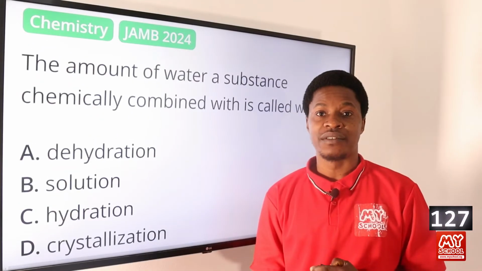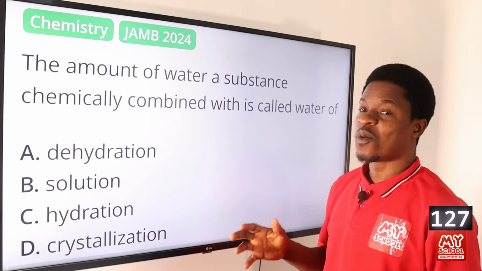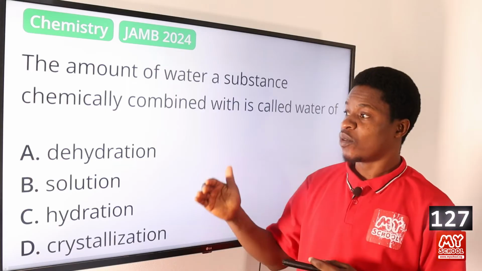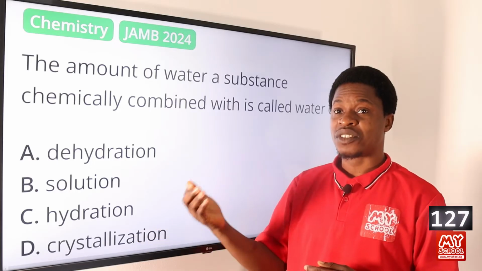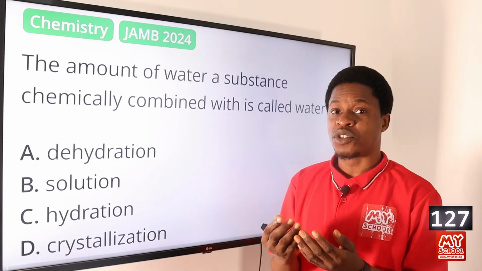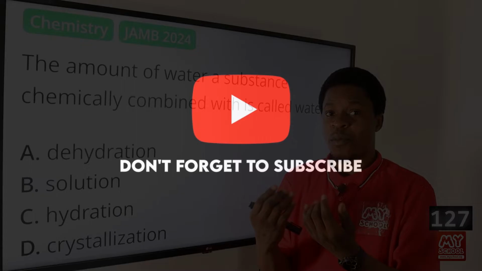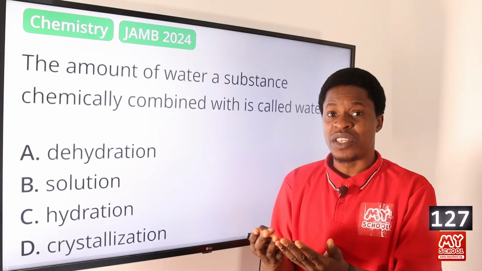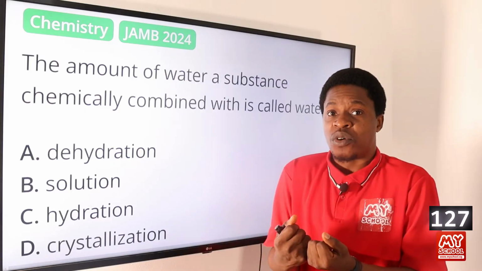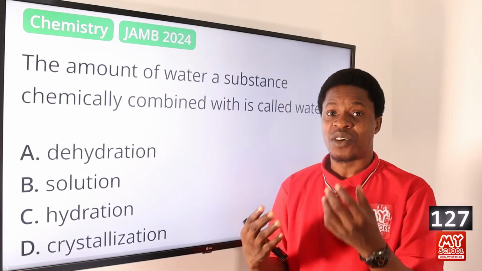Now question 127. The amount of water a substance chemically combined with is called water of what? If you have gone through, or you know what salts are, like we said earlier on, okay, we discovered that there are some salts that absorb water, okay, when they are exposed to atmosphere. There are some that absorb water when they are exposed to atmosphere and then they turn into solution. There are some that when you expose them to atmosphere, they absorb moisture or absorb water to become sticky when you touch them. And there are some kind of salt that when you expose them to the atmosphere,